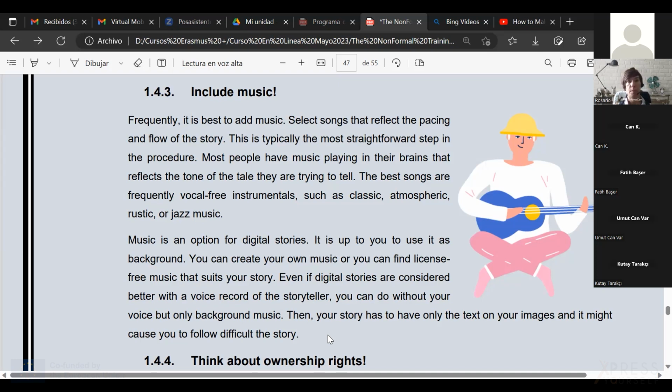With that option of creating your own music, you will have, as well as an original creative storytelling, the attention from the people who have never heard that song or that music before. So it will be good to grab the attention and to be liked and to sound attractive.